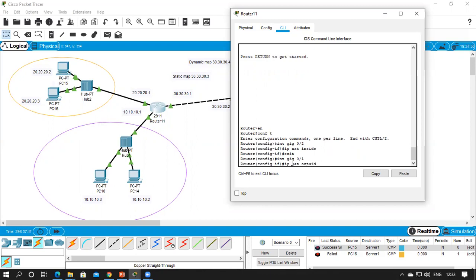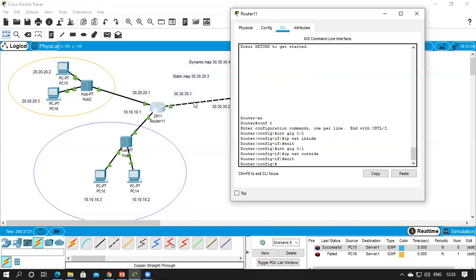The command is ip nat outside. Exit out of this interface. Now we are out of configuration. Now we're going to map many to one.